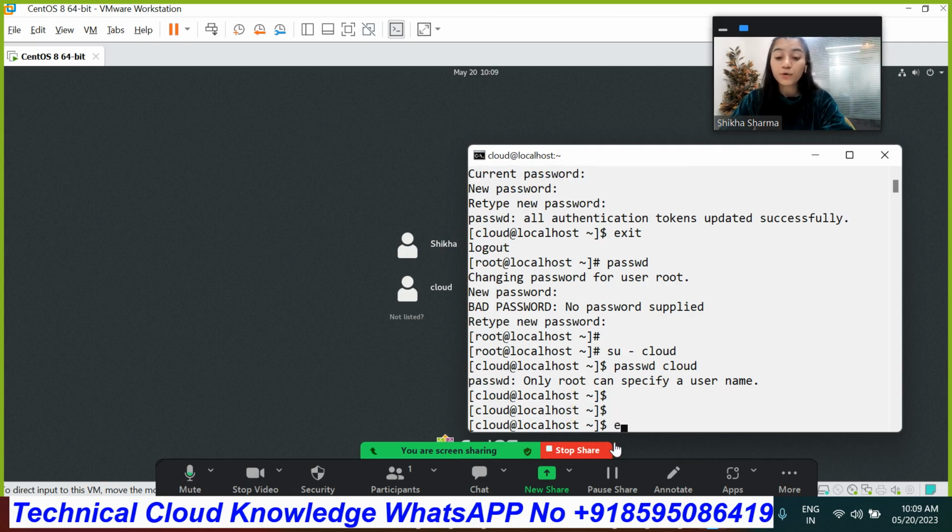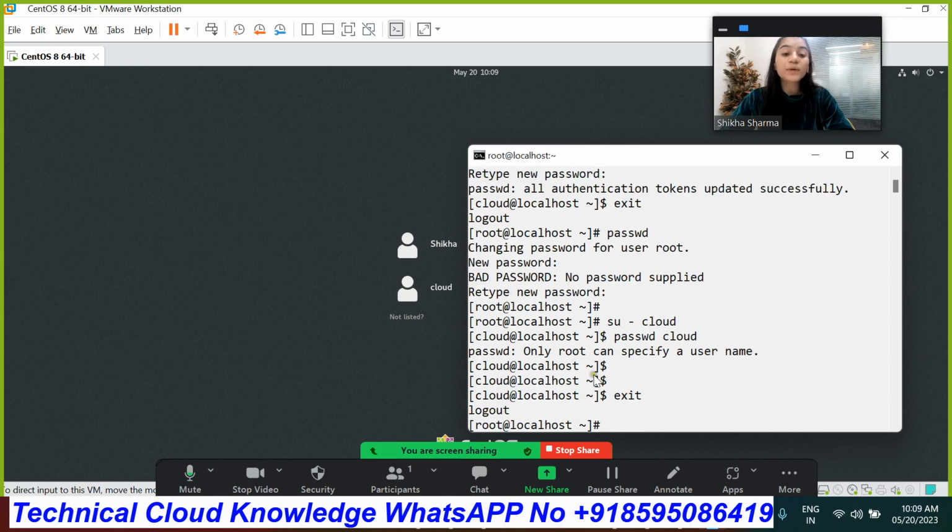Now let's come under the root directory. We are able to assign a new password to the user and change the password of any user. Now the third thing we are going to focus on is how to make our user passwordless, or how to delete or remove the password of any user. For that, you need to execute the command passwd along with -d for delete, and the user name.